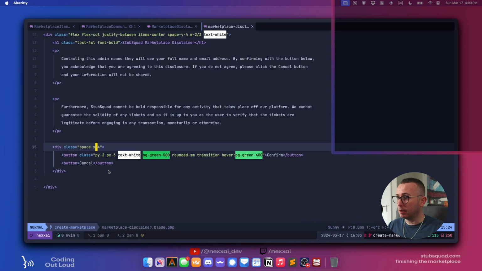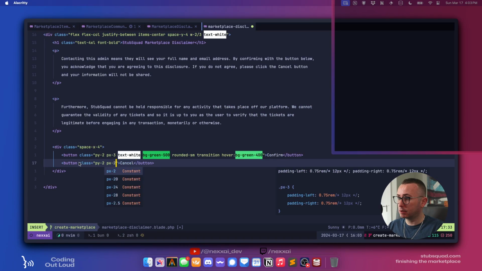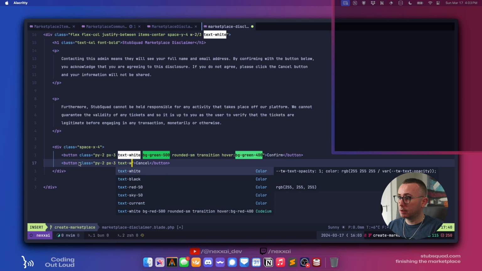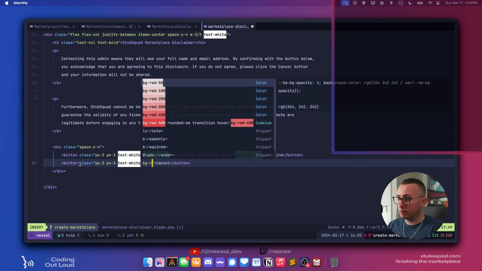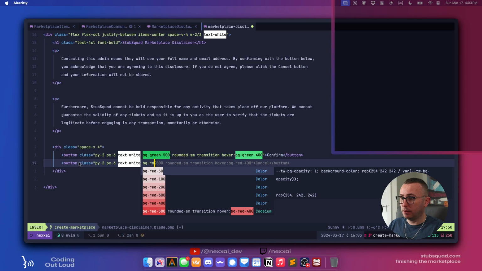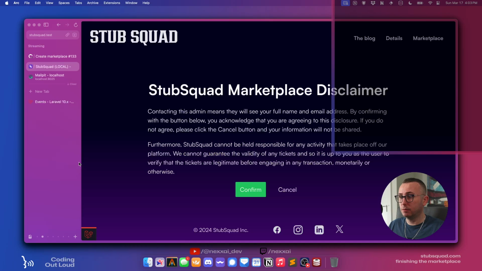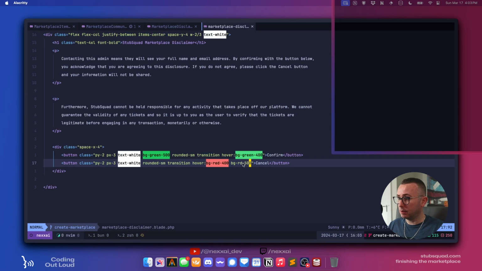Okay. And then we're going to do the same thing here, just with some red. So we're going to say class equals py-2 px-3 text-white bg-red-500. Cool. Did I miss something? BG. Oh.